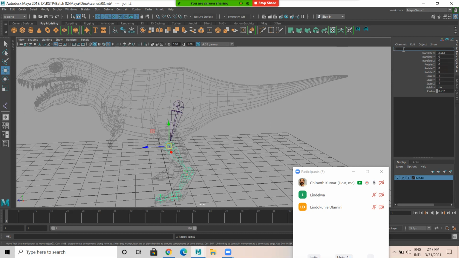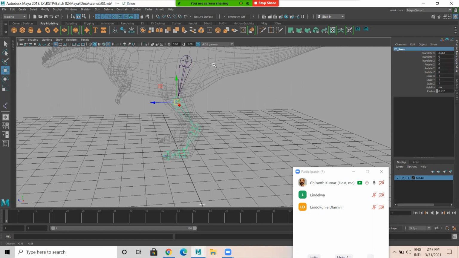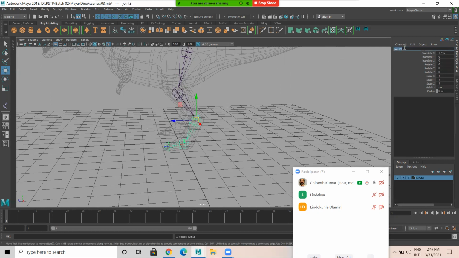This is LT underscore knee. Naming is very important. Then again down arrow, LT underscore ankle. Again down arrow, LT underscore ball. This is toe, LT underscore toe.